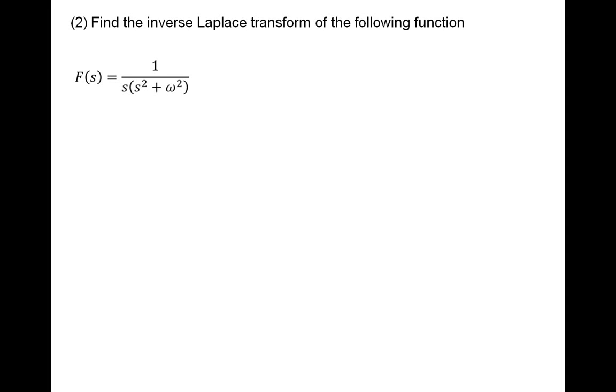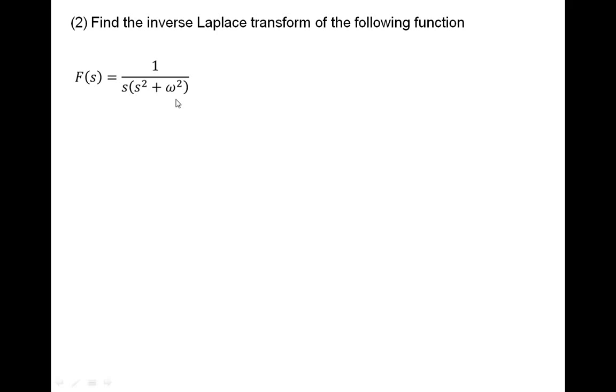Here we have two polynomials. One is s and another one is s squared plus omega squared. s has a simple root. However, s squared plus omega squared has a complex conjugate root. To solve this one, we have two approaches. The first one is to find all roots of this polynomial,